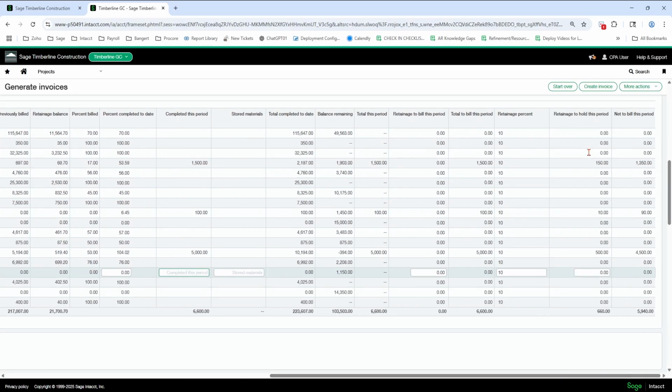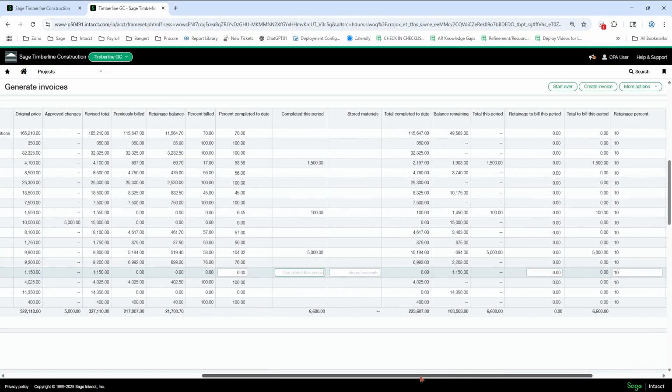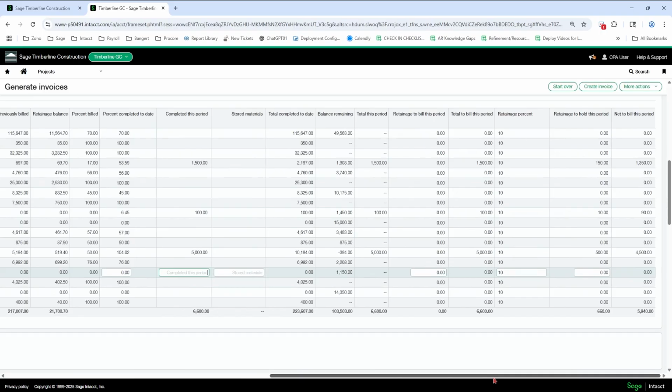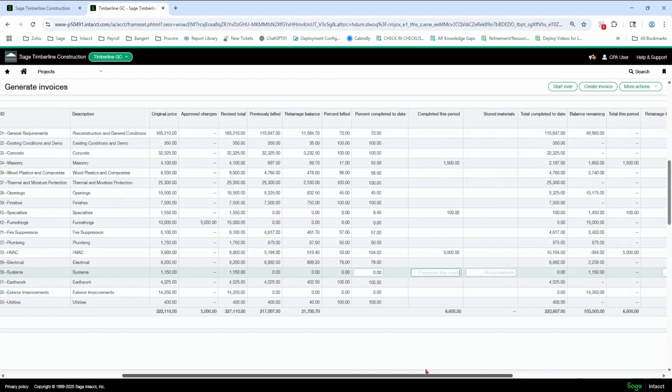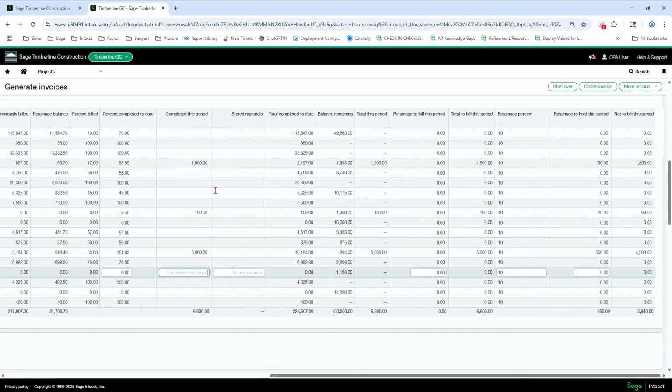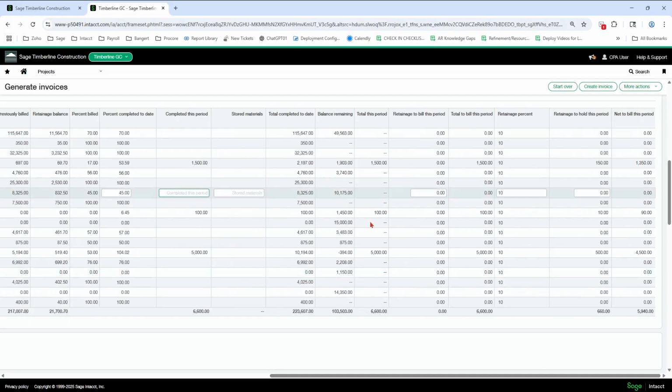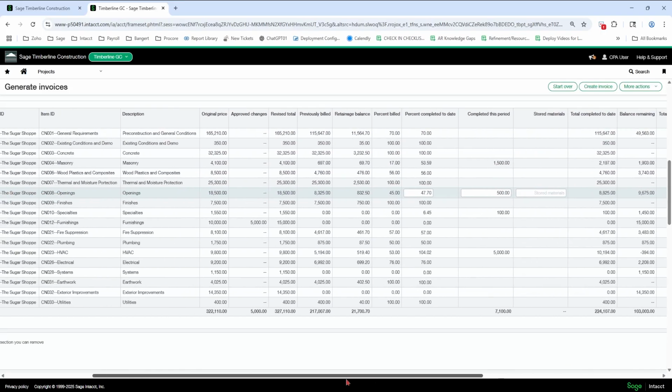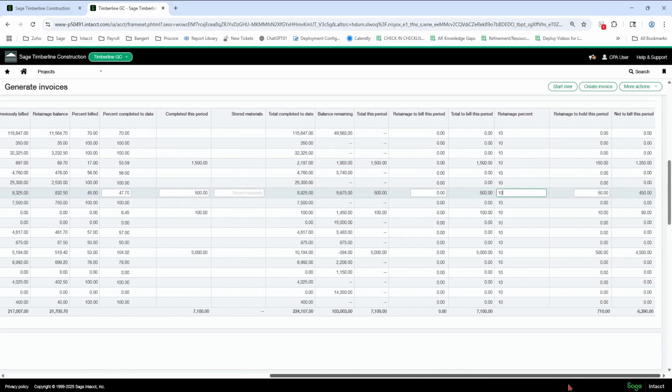I could withhold less retainage if I'd like to as well. Okay, so we can do that on all of those. And as I change things, it's going to cascade through. So if I bill something here, my retainage is going to calculate and it's going to cascade through.